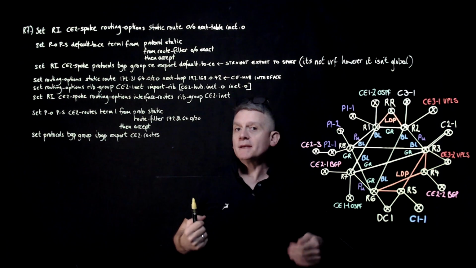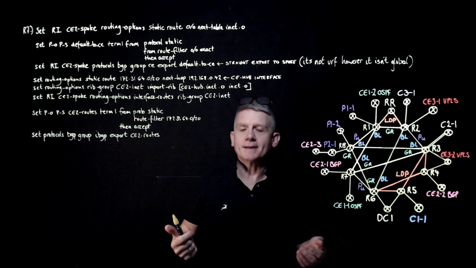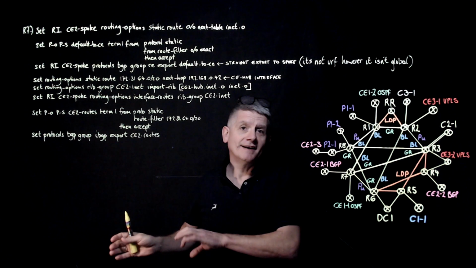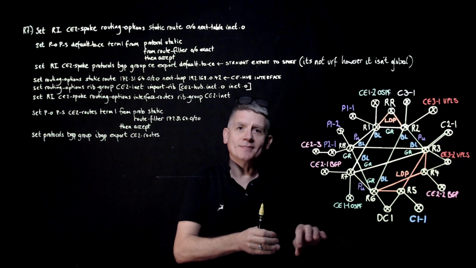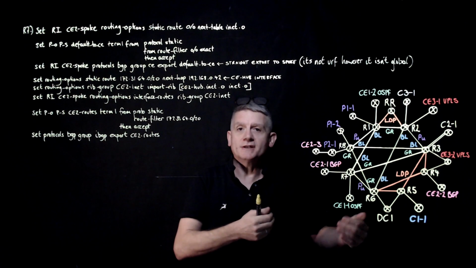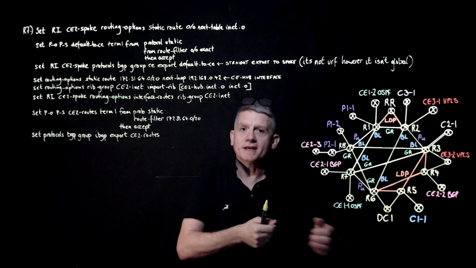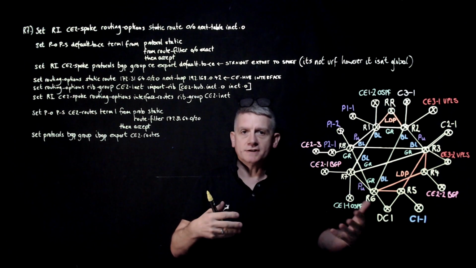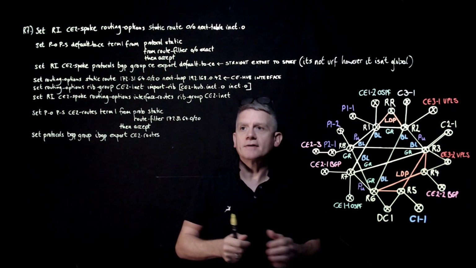Now, there's going to be another crossover from the VRF to the main table, because we need to get all of the VRF information into the main table to be exported out the main BGP, which in our case is the iBGP, so that the other peers can find it